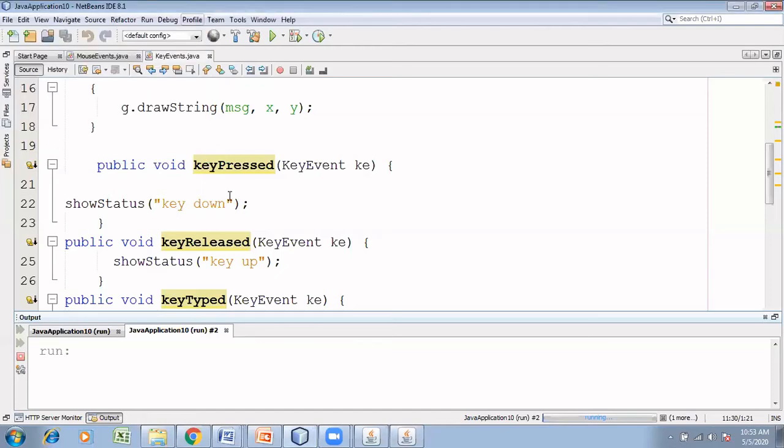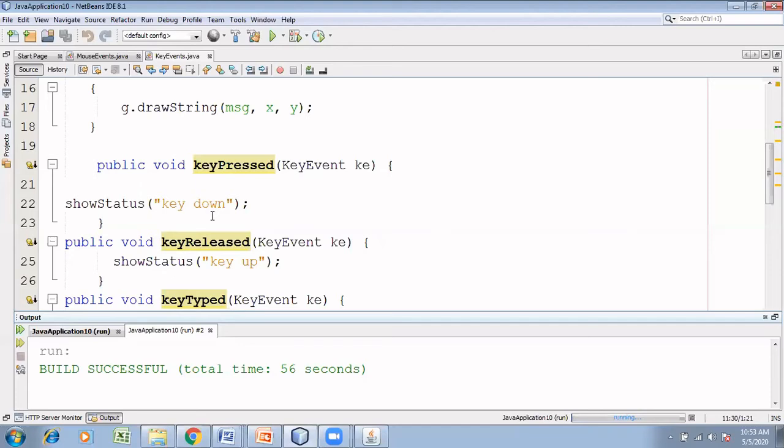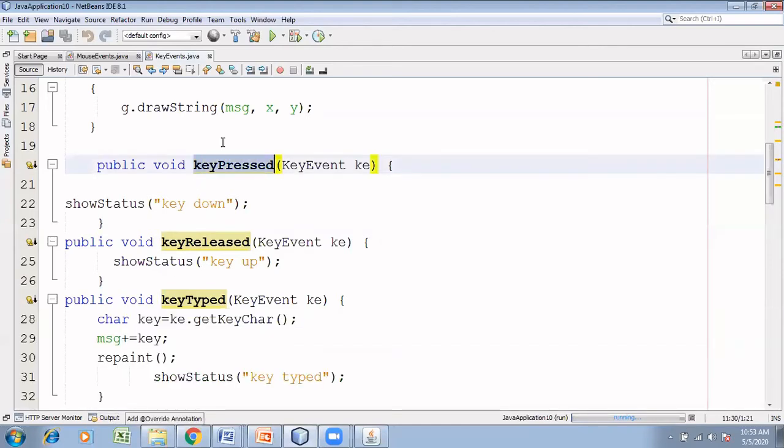So now this is the first program for today. We are going to handle the special keys like shift. If I press shift, shift should come on the applet. So how do I do it? To handle the special keys, they are available within the keyPressed method. They are not available within keyTyped. So to handle your special key, it is available within the keyPressed method. Now I'll write the code for that.